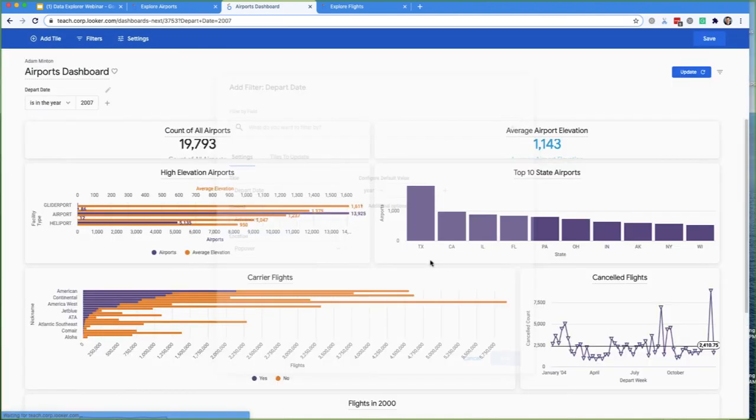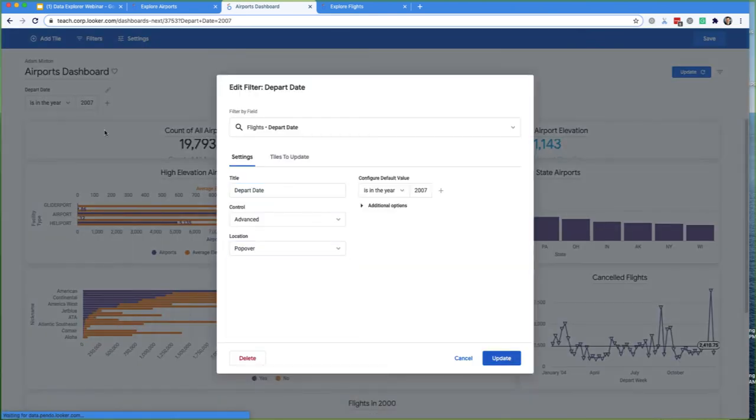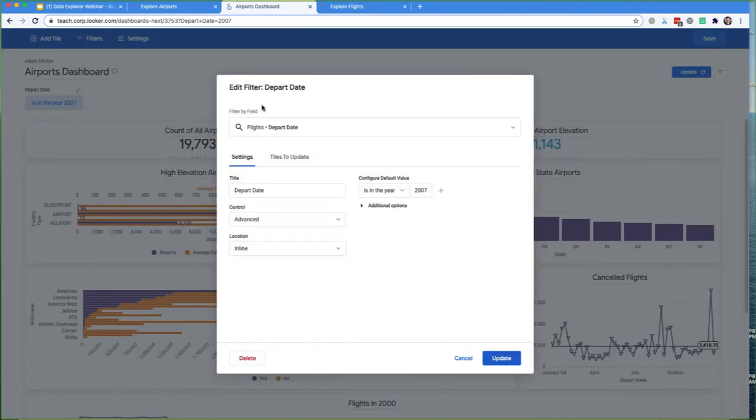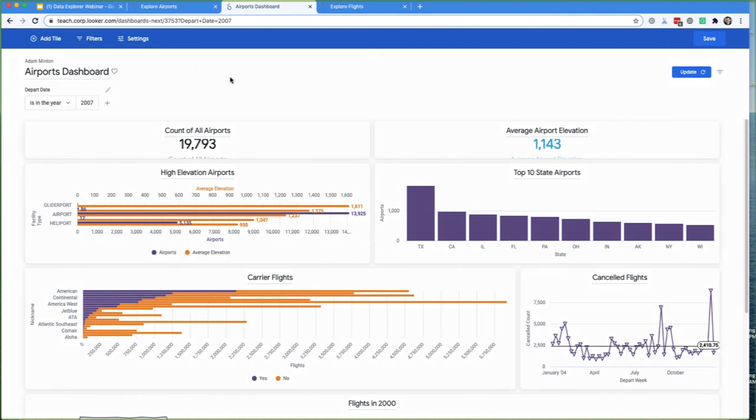So if I click Add, you'll see that it's presented inline with the dashboard filters. But if I change it over to a popover, you'll see now that when you click the text, the filter appears in here. This is a good option if you have a bunch of different options, as it'll have the short text presented here, and then inside of it, it'll have all of the different options. So I'll switch this one back to inline, for example,